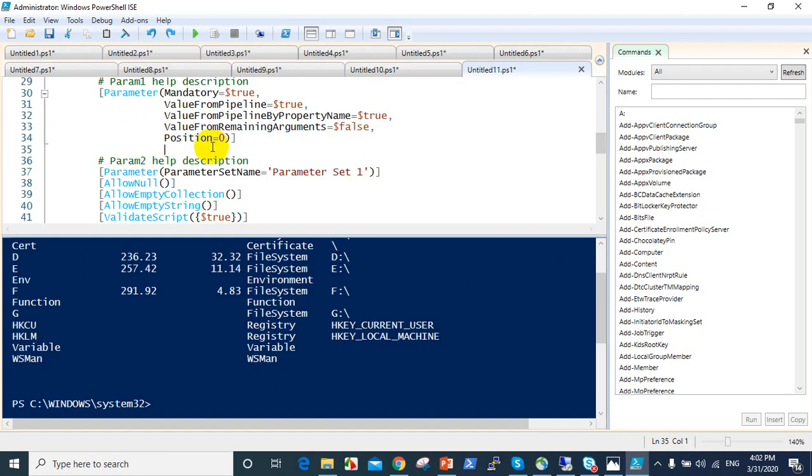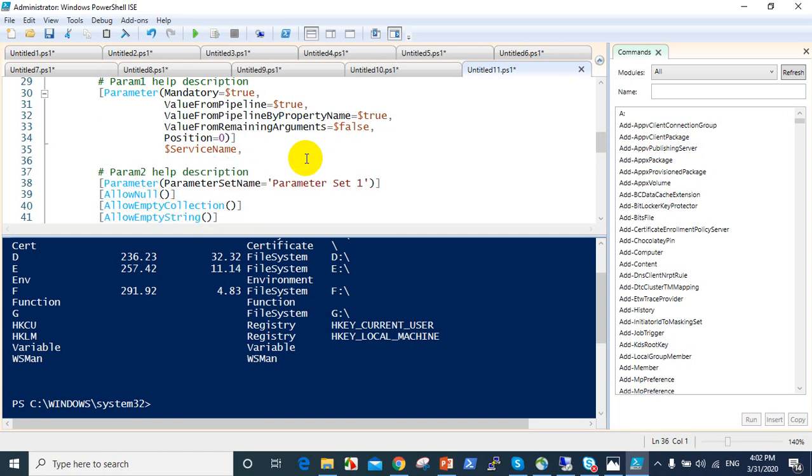So here you should give, sorry, dollar service name, so service name, then description, then here stop, here stop set, then here